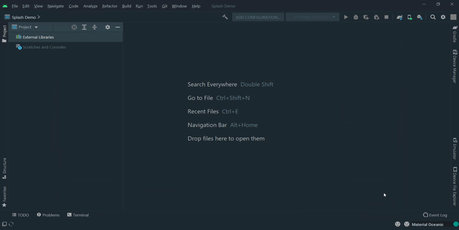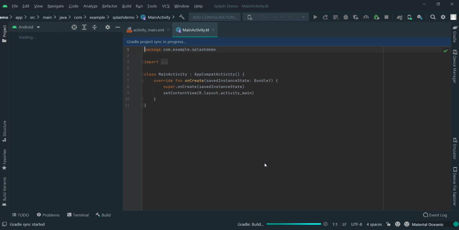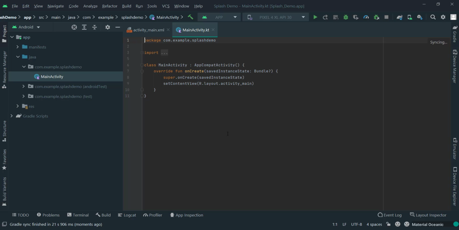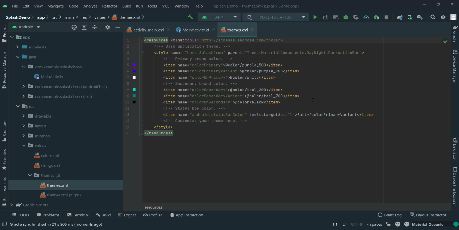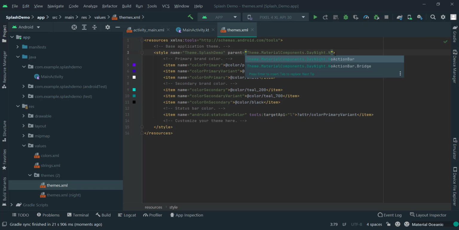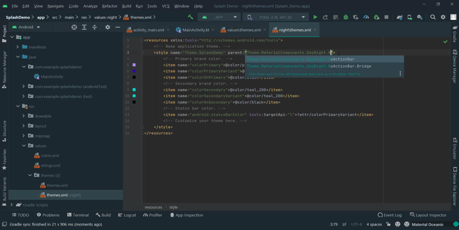Let's finish the build. Now the build is completed. First we will change the theme so that we can hide the action bar on the top. To hide that, we will simply change the dark action bar to no action bar in this as well as in night mode. No action bar, and we will change the color